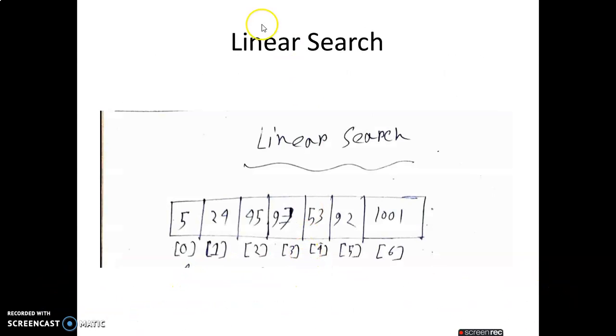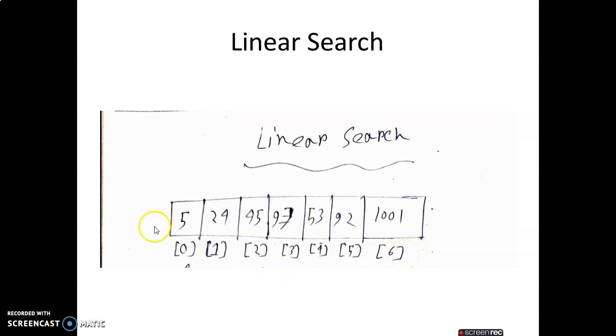In the case of linear search, as I showed in the previous video, this is an array. Do the array elements follow ascending order or descending order? No. Ascending order means smallest to greatest, descending means greatest to smallest.